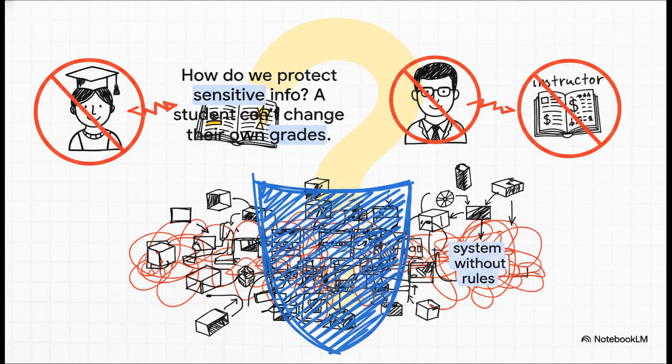And here is where the chaos could kick in. See, without any rules, any part of our system could just reach in and mess with any other part. A student object could just change its own grades. An instructor could go modify the university's financial records. It would be an absolute free-for-all, a total mess. And that is exactly why we need access rules.